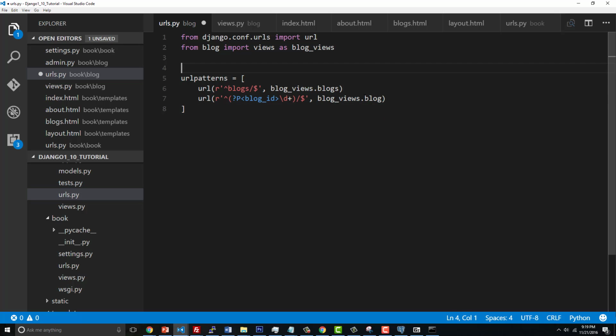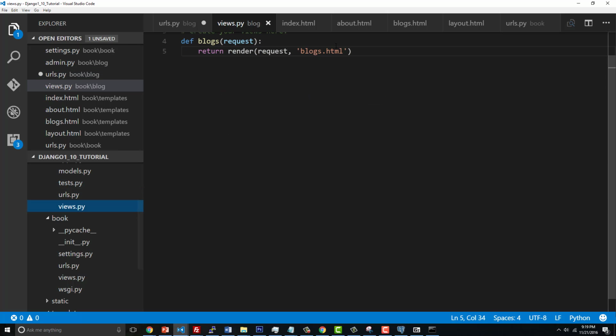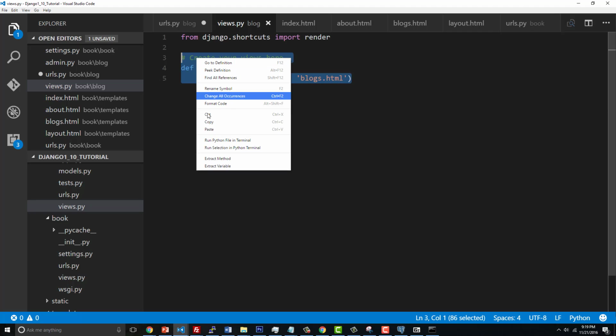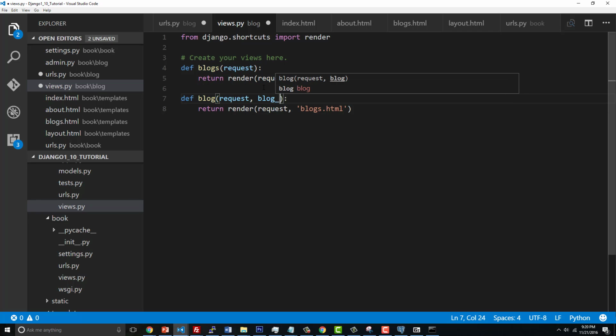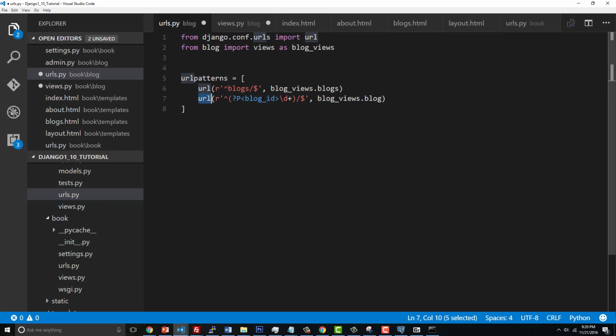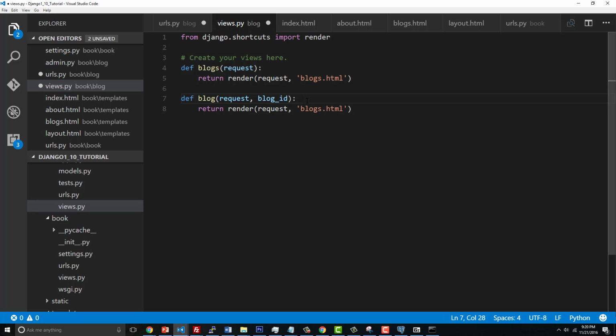And now this is going to be different from blog, so let me go ahead and create that real quick. So go ahead and copy this part. And we're going to take it, because this is just going to be called blog. But now what we're going to do is we're going to say blog ID. So we can actually get this numerical value that's passed in. And the reason why it works is because of this. This blog ID is the name of the value. This stands for an integer with regular expressions. So it'll be passed to here. And that way we can actually query our database